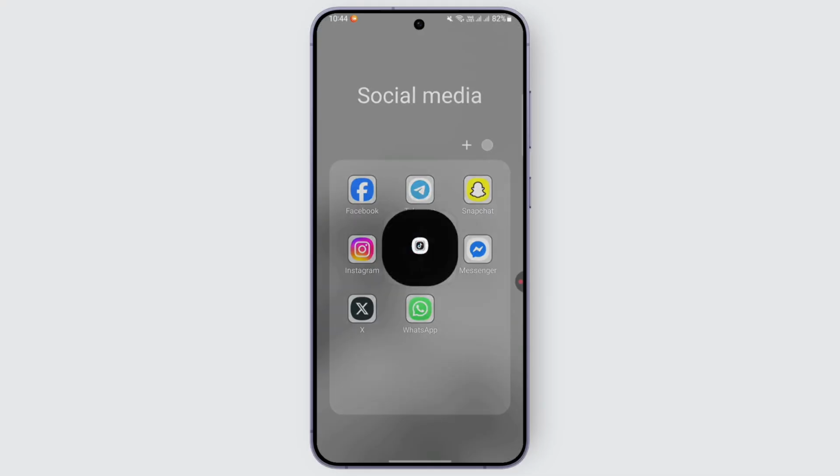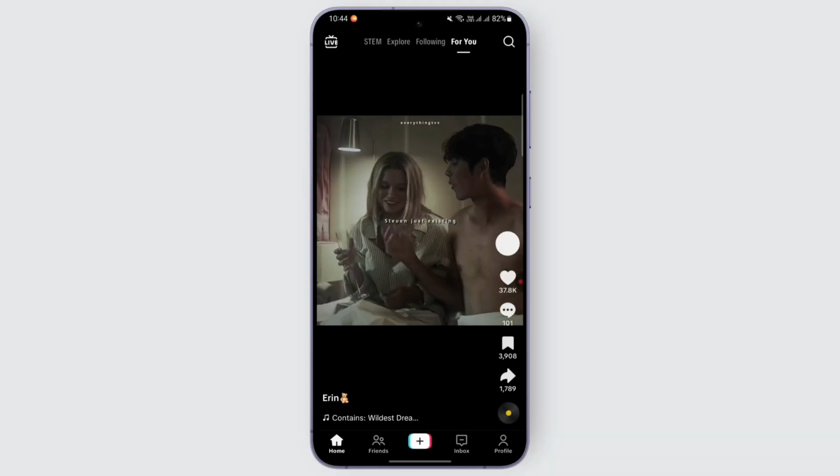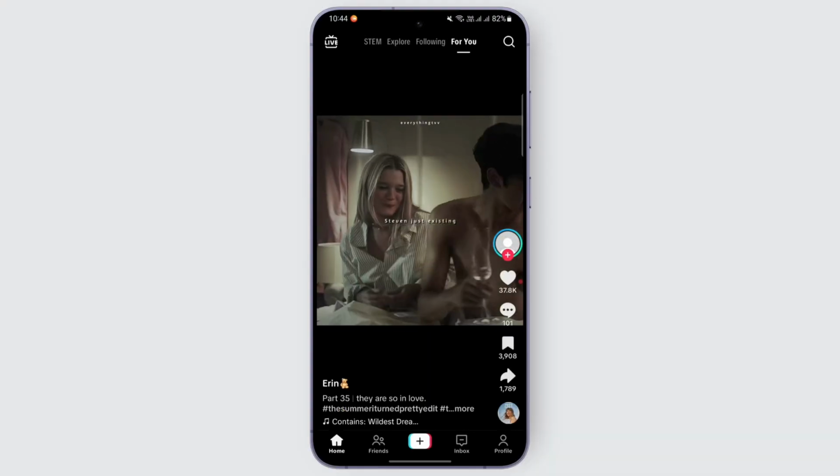You can open up the TikTok application for that. You can launch the TikTok app on your mobile device and then make sure you are logged in to the account that you want to clean up. So just go ahead and do so. After